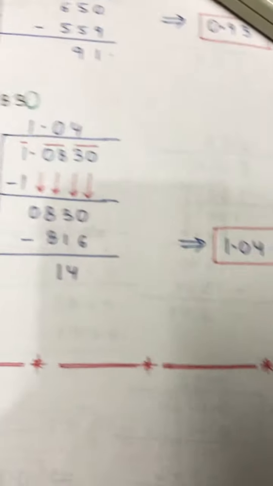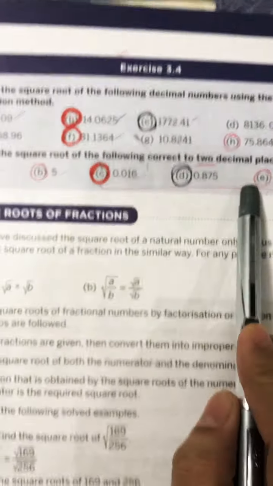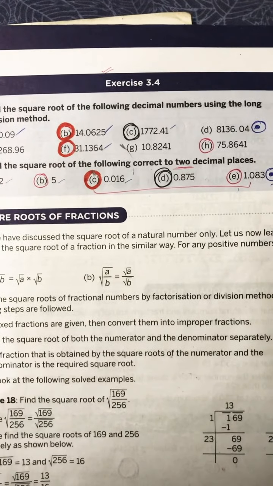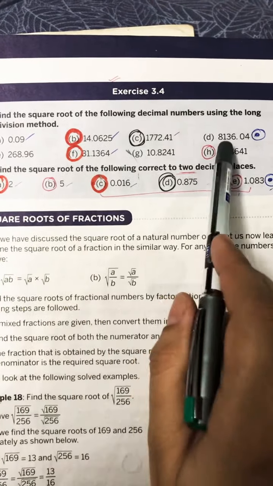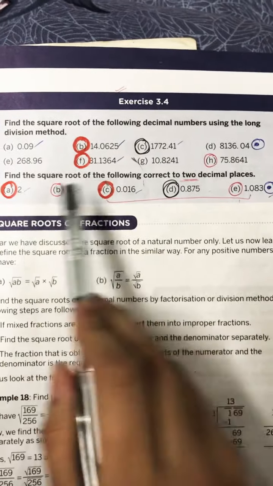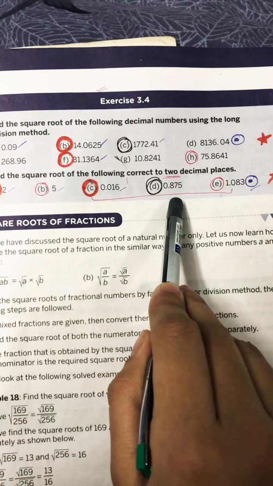This is the last question of this exercise. Now your exercise is complete. So we have done A, B, C, D, E and F. 2 parts I gave for homework. In this I have done A, B, C and E. D part is the homework.